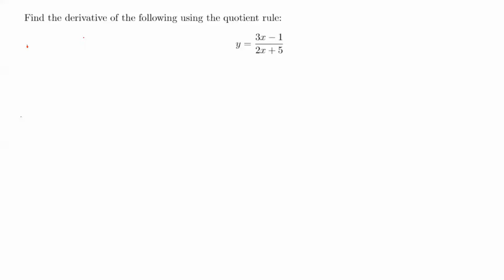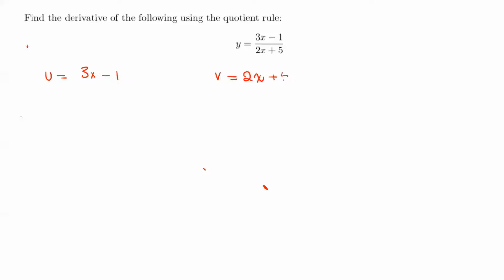So looking at this function here, y, which is equal to 3x minus 1 all over 2x plus 5, it's clear we have one function, 3x minus 1, and the other function, 2x plus 5. The first step with our quotient rule is to label them u and v. So I'm going to label my top function u, which will be 3x minus 1. And I'm going to label my bottom function v,